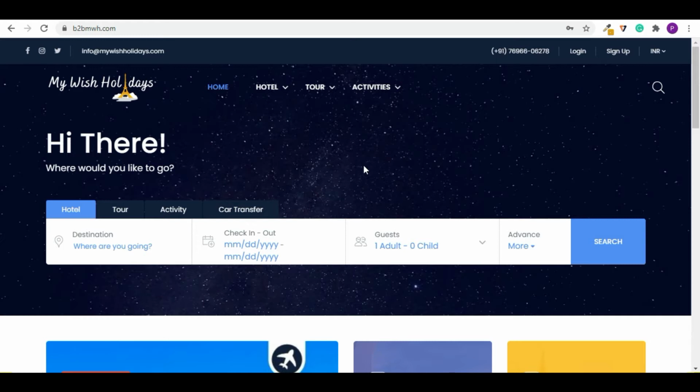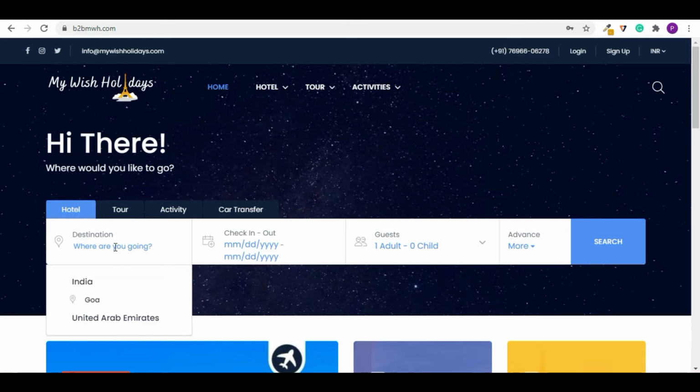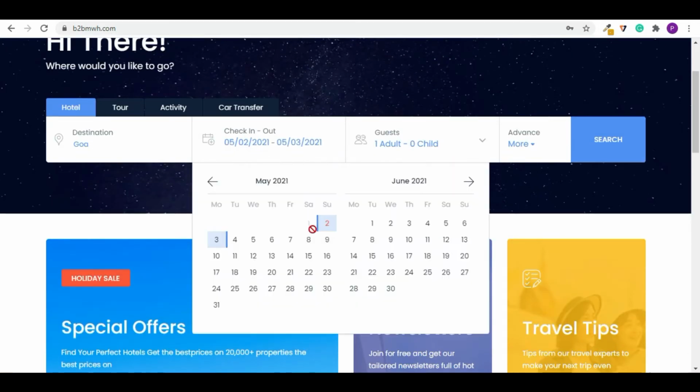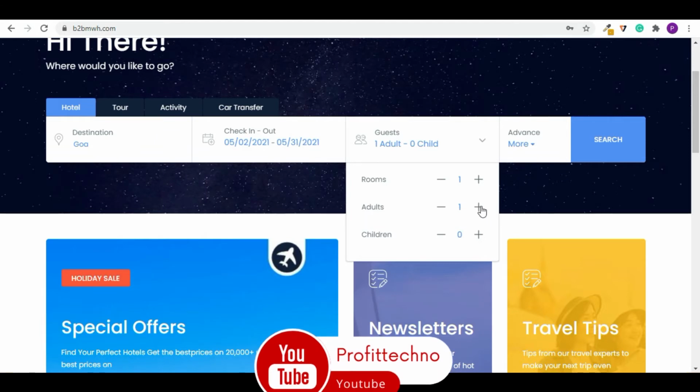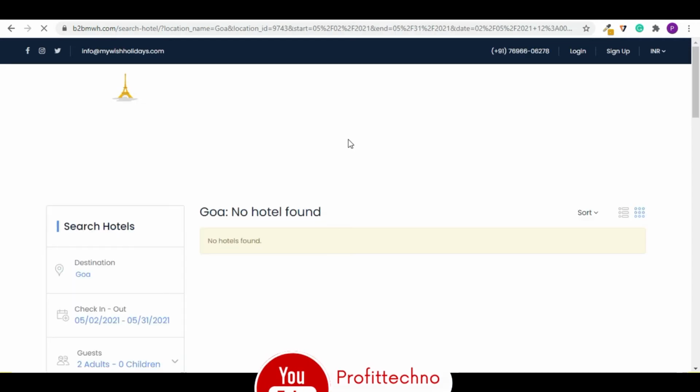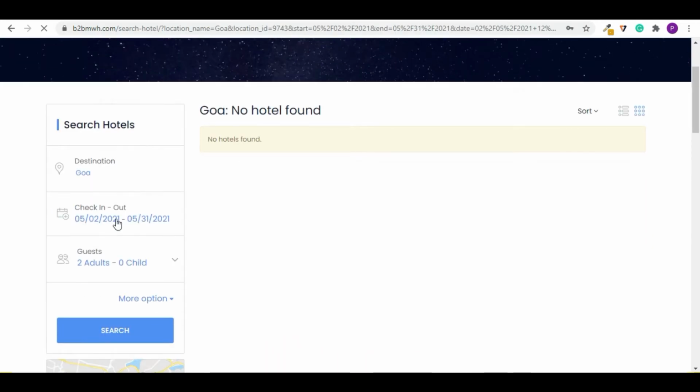So you can sell those hotels on your website. I'll show you one hotel as an example; the hotel is giving me the best price, so that's why I'm putting it over here. People can come to this website and book it, and they will not get this price on another website.